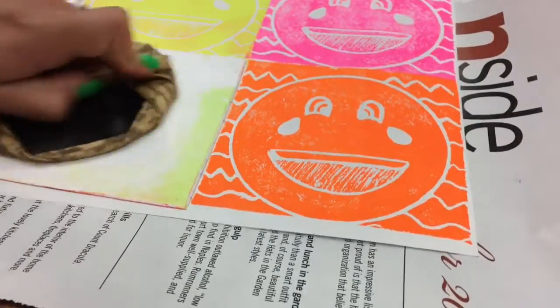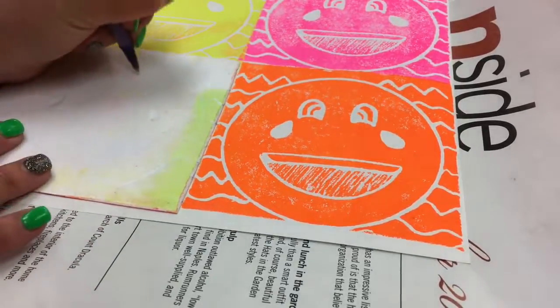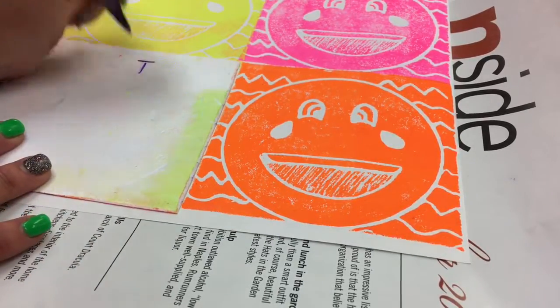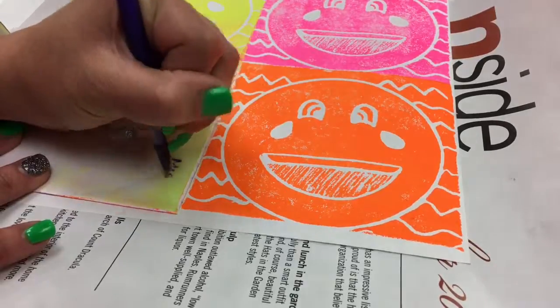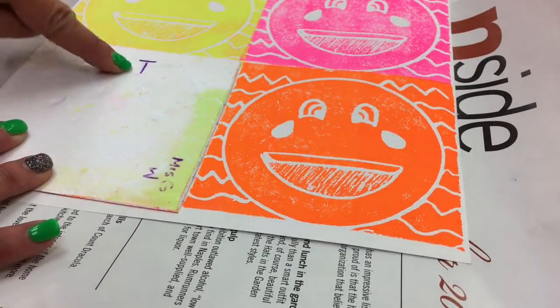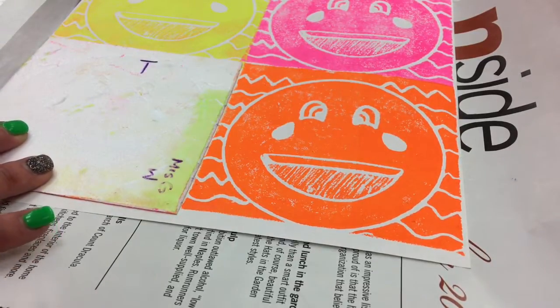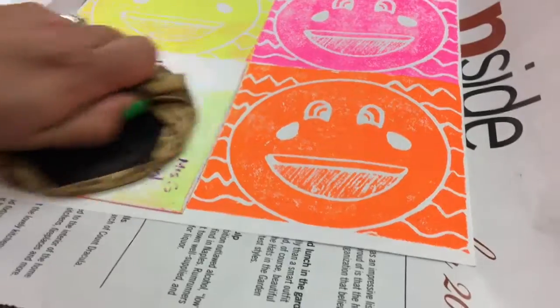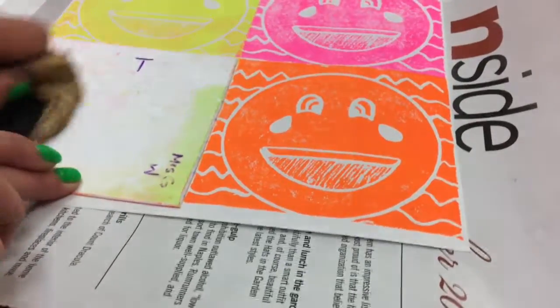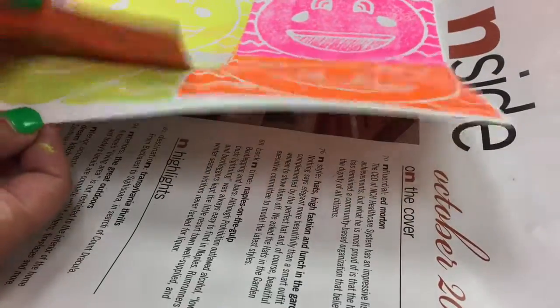So here are some quick tips for success. First off, I should have done it earlier, but I like to put a T on the back of this as well as your name, so that you know where the top of the emoji is, so that all your emojis are facing the same direction. Now, if you want them to be facing different directions, then forget the T. You can put them whichever way you want. What I want you to see is how you can make multiples